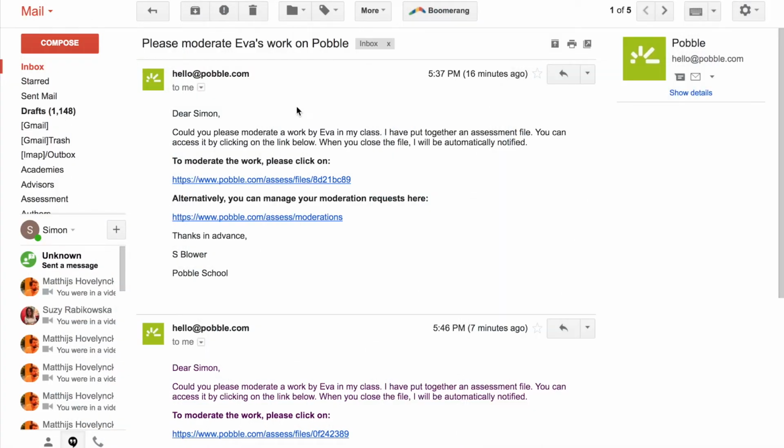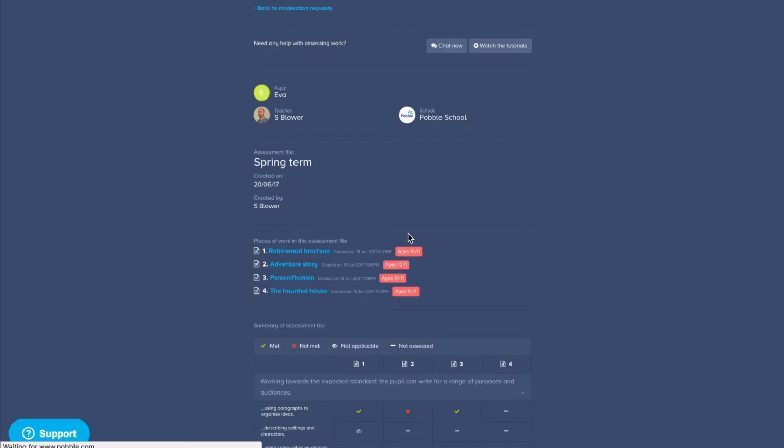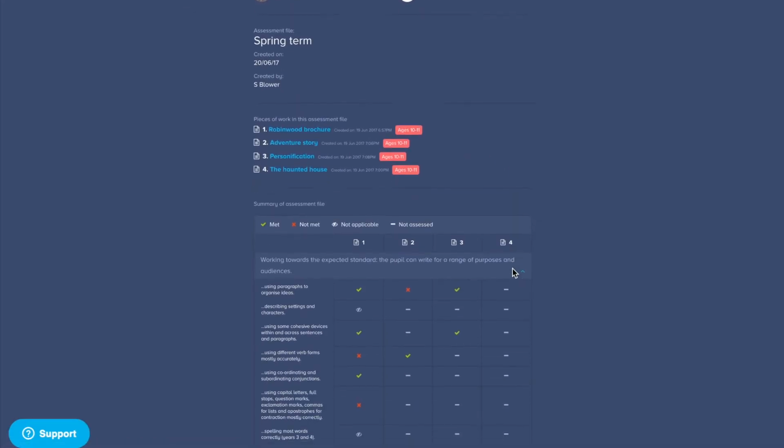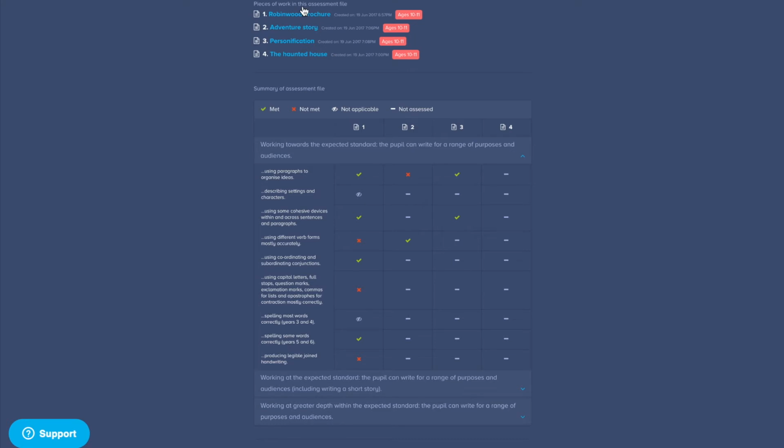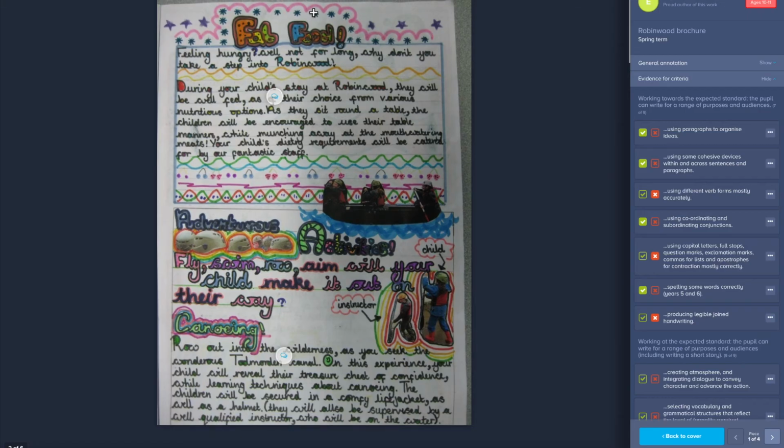So I've now received my email from the hello@Pobble team, addressed to myself. Obviously for today's demonstration, this has come to my account. I'm going to click on the tab to moderate the writing. So you can see exactly the same assessment file I've just looked at, alongside the annotations that I've made and the ticks and crosses. So if I now click onto the Robin Wood brochure,